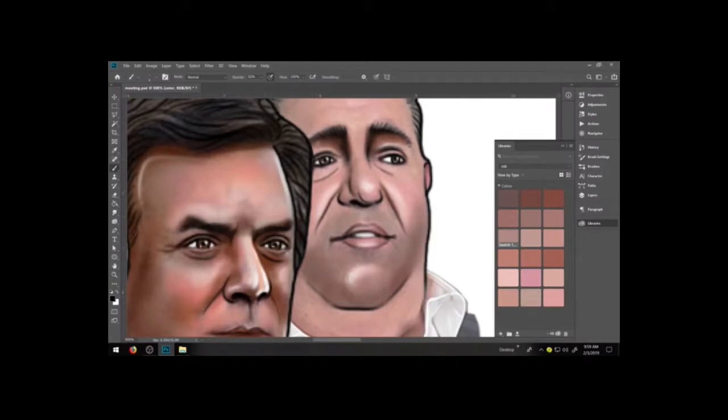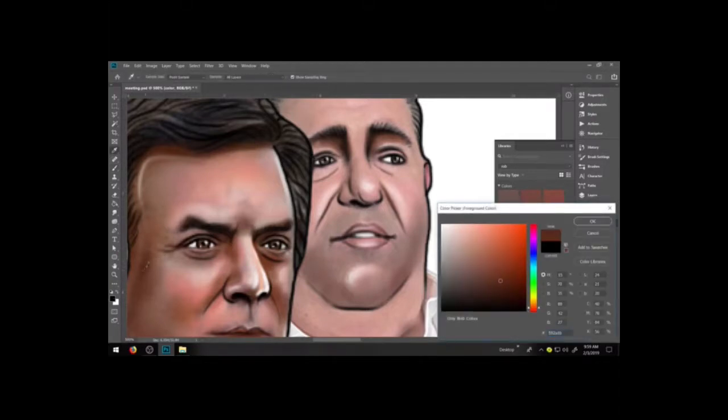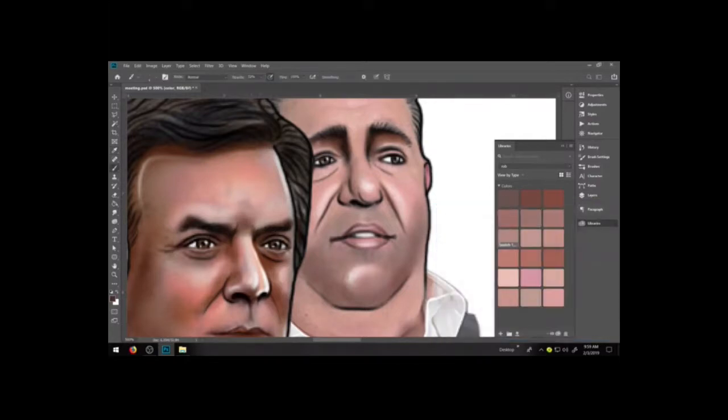So I liked the brown, but I'm gonna get some more brown. I'm borrowing browns from Paul's face, and I'm bringing it over to Rob's face, even though this is not his skin tone. And I'm doing this so that the pictures match. And I can always add in these other colors too, so that he'll still have his unique skin tone. But what this does is it'll make them